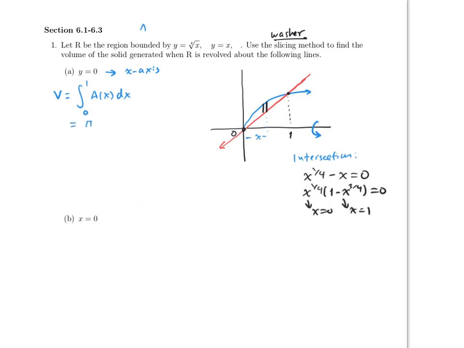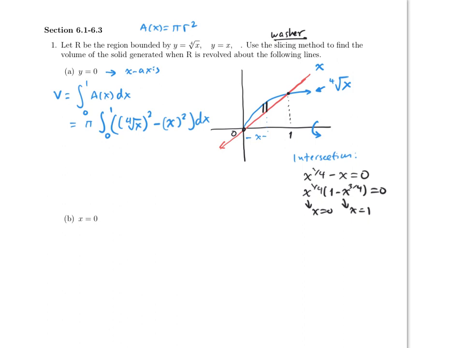By the way, here the area relates to the area of a circle, so it should be pi r squared. So the pi has to be part of the answer. This is 0 to 1. And then this will be the biggest function, which in this case is this one, which here you should know is the 4th root of x, and this one is just x. So this should be the 4th root of x, squared, minus x squared.